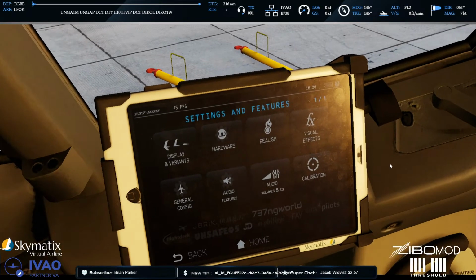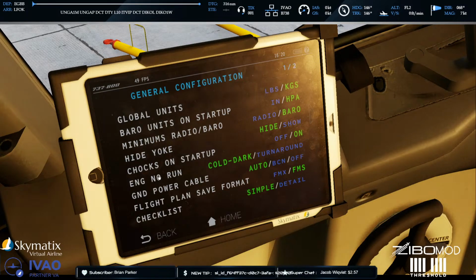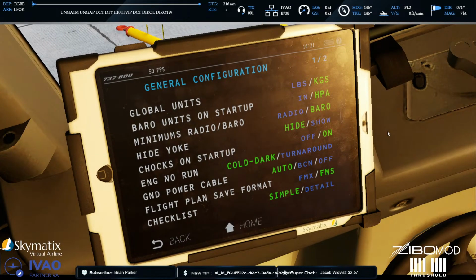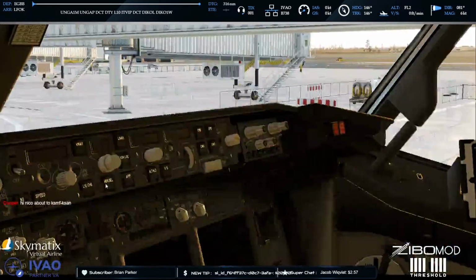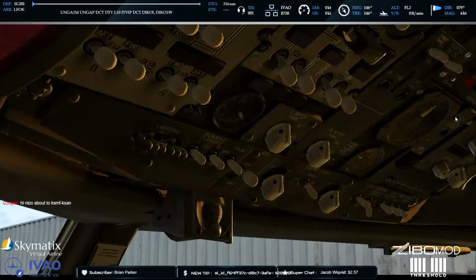For the guys complaining or having questions about the ground power: there's a new setting here, guys, and please, you really need to get into the habit of just reading the EFB guide. It's just so much easier, but obviously I'm going to show you as well, so make a plan, either through what you see here or reading that guide. There's a ground power cable setting that's been added, and you can have it on auto, on the beacon, or off. If you have it on off, then no matter what, there's not going to be a ground power. If you have it on auto,